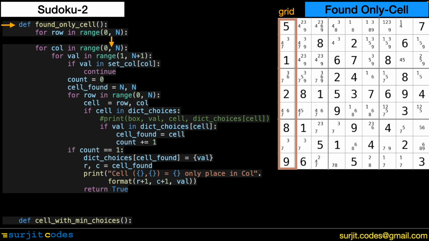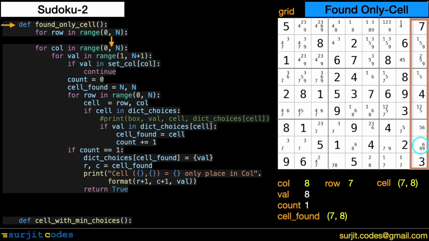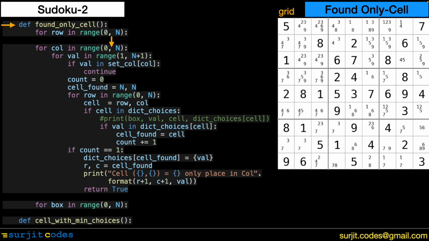We complete this code on similar lines as the loop over rows. Last column has 8 at only one place. We drop the remaining choices for this cell and return true. In case all columns also fail for a problem, we try the boxes of the grid